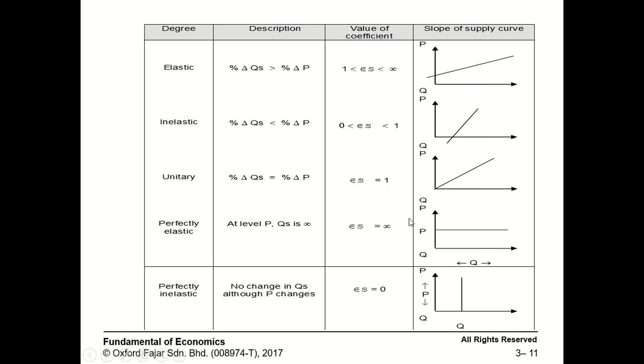Therefore, if you use that formula, any number divided by 0 will always equal infinity. The graph here represents that the curve is horizontal. In this case, any small percentage change in the price will lead to an infinite change in quantity supplied. So that's why the quantity increases up to infinity, or decreases by infinity if the price decreases, but the